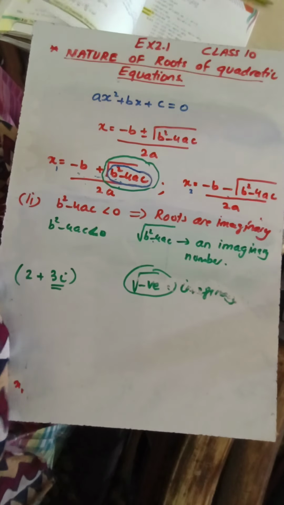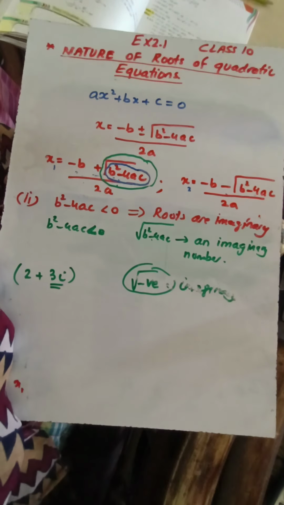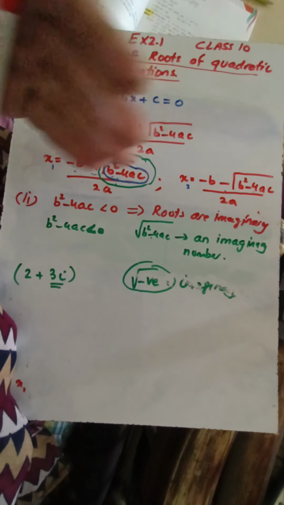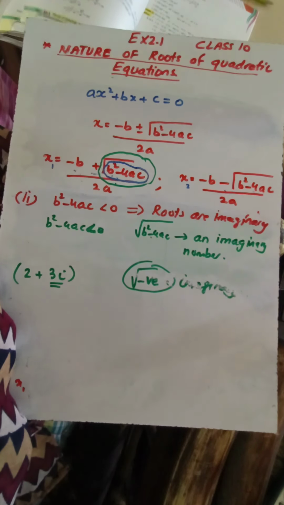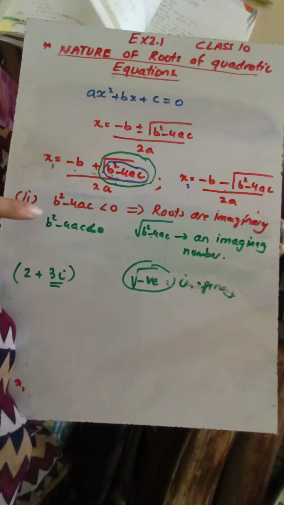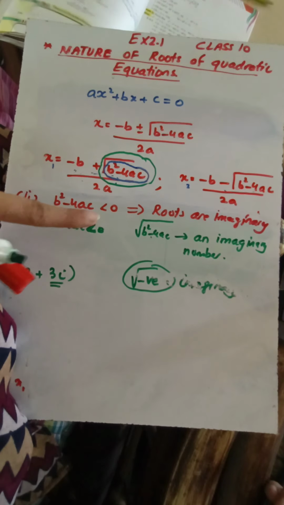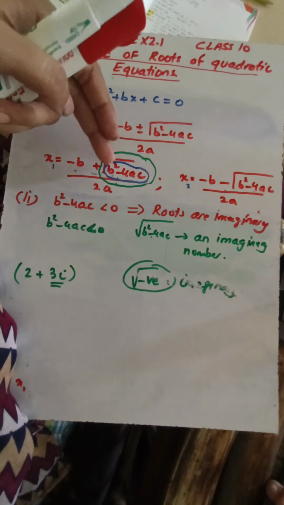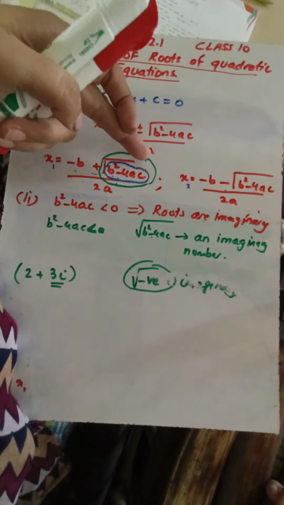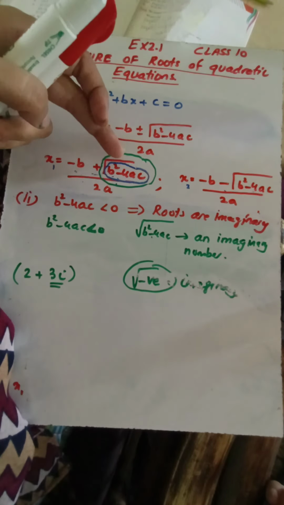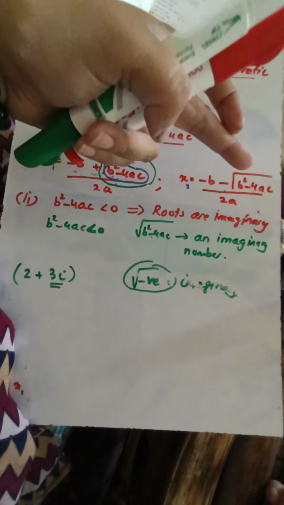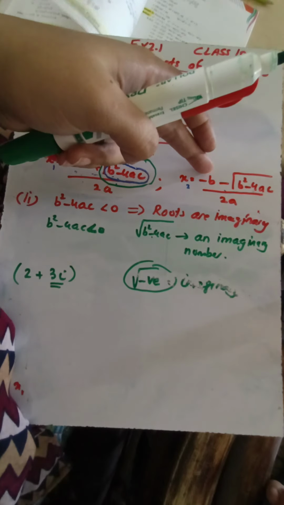And we can say that in the first case, b square minus 4ac was equal to 0, so the roots were equal in both the cases. As b square as 0 is a real number, in that case we can't get any imaginary value, but in this case b square minus 4ac is less than 0, a negative number. So if we get a negative value of b square minus 4ac, then under root b square minus 4ac will obviously be an imaginary number. Imaginary number added to some real always gives us a complex number. Similarly, over here this imaginary number added to this real number will give us a complex number.